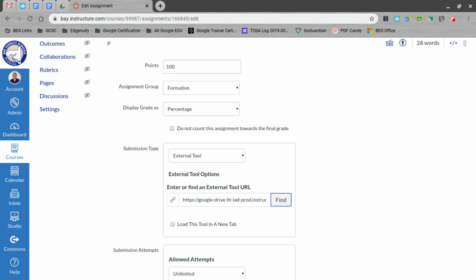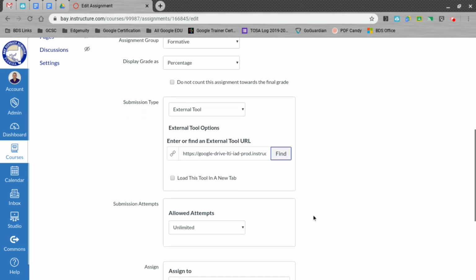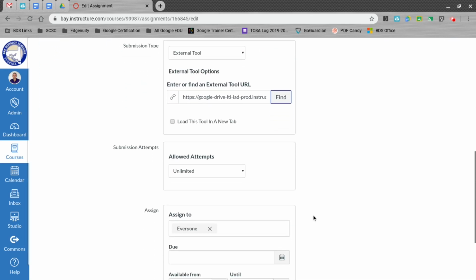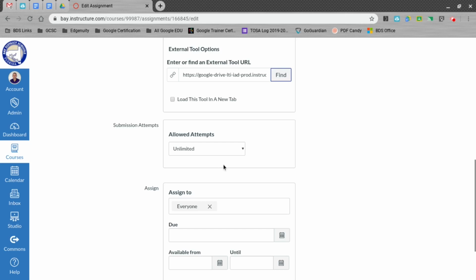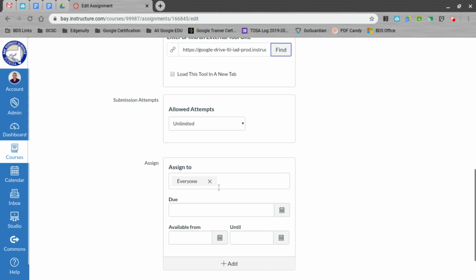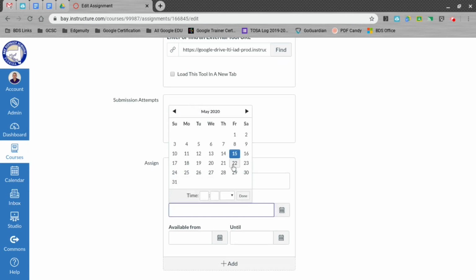So in summary, what we've done is we've created a Google document, just like a Canvas assignment, just like we normally would. We've then gone in and included an external tool as the submission type, and it's connected to our Google Drive. I'm going to scroll down here and finish setting up the rest of the assignment settings. I'm going to allow for unlimited attempts in this scenario. I'm going to assign it to everybody,